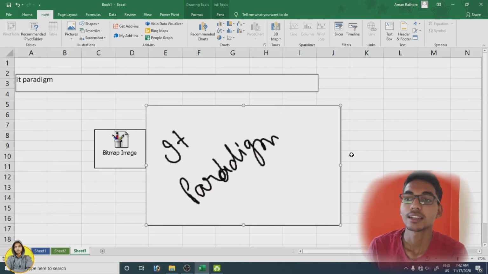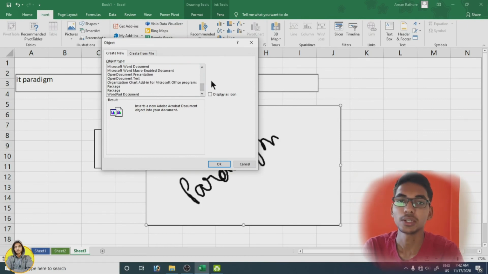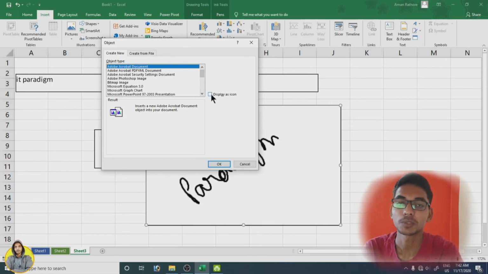Now it is like a part of that window. So enjoy this option. There are a lot more options available in that object window. To reduce the time while working on Excel, you can use these options and insert the object, take their advantages,